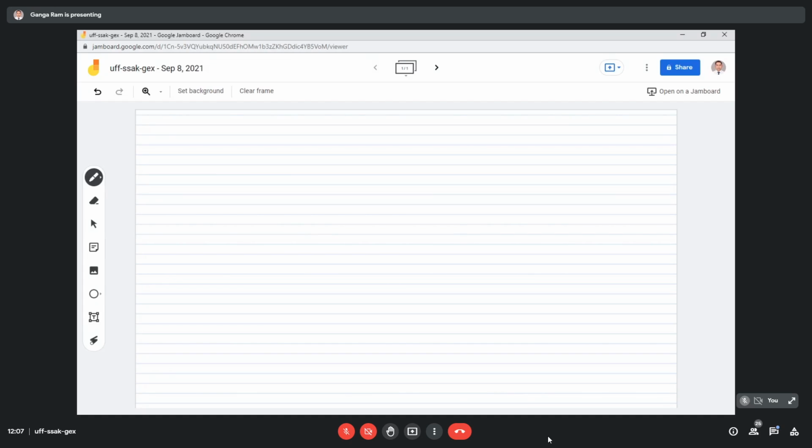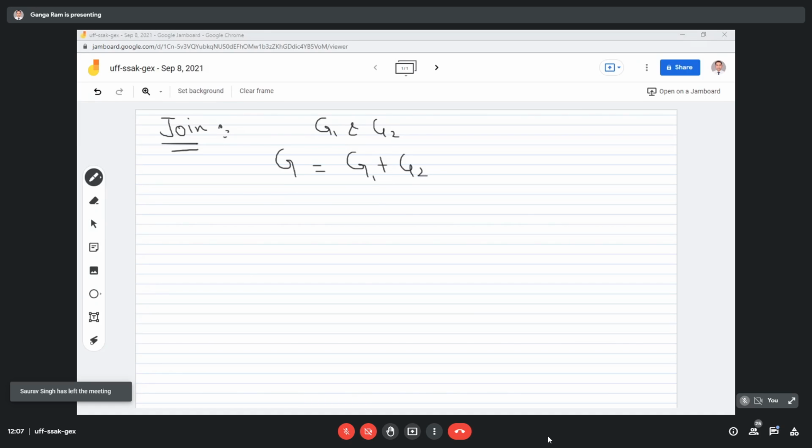Okay, I am just recalling again the join and Cartesian product of both. Join means, suppose G1 and G2 are two graphs, then the join of these will be G1 plus G2,